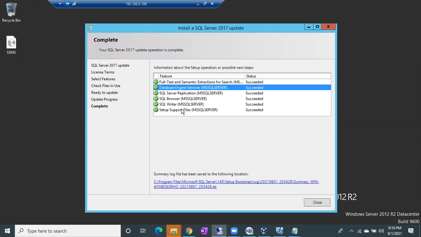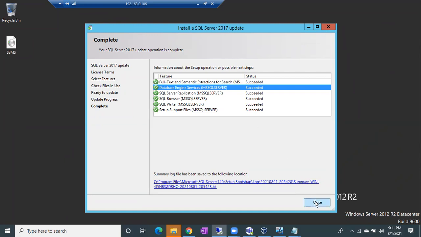Why? Because this is the main component that has to be succeeded. So make sure the database engine is succeeded. If it is failed, you have to check why it failed, troubleshoot and fix the issue, and try to patch again for a successful patching.